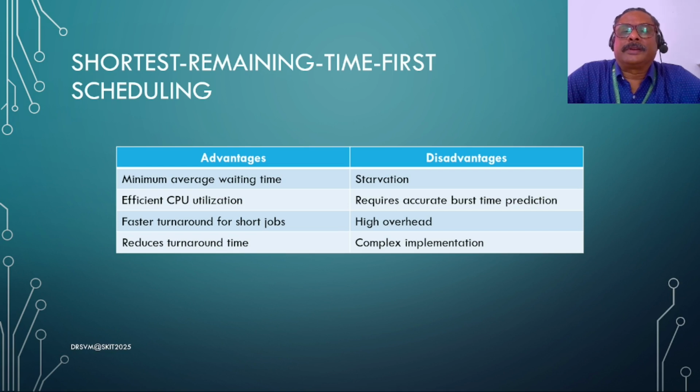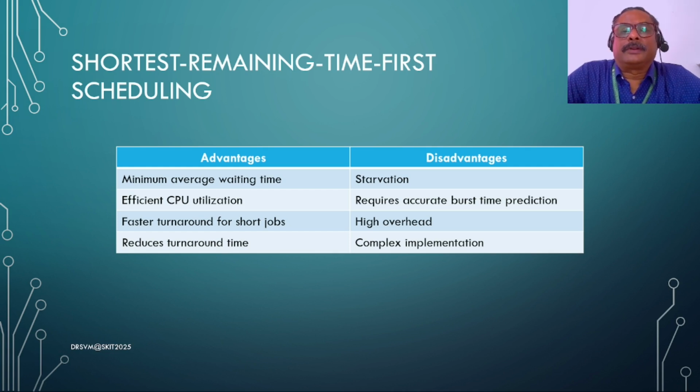The same process running twice may take different durations to complete depending on many issues, like human interaction, like the inputs read from the external sources, IO devices and all that. So depending on many issues, the duration of the process keeps varying, and hence it's very difficult to